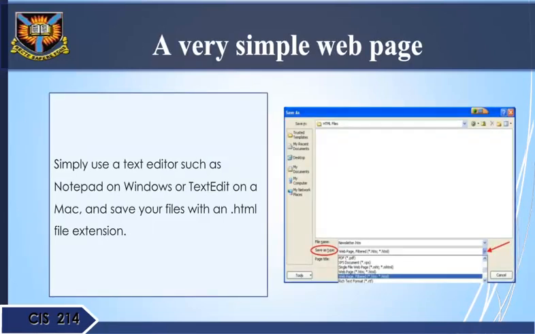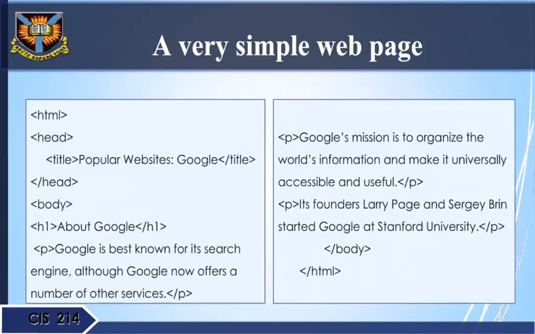A very simple web page. Simply use a text editor such as Notepad on Windows or TextEdit on a Mac and save your files with an HTML file extension. <html> <head> <title>Popular Website: Google</title> </head> <body> <h1>About Google</h1> <p>Google is best known for its search engine, although Google now offers a number of other services.</p> <p>Google's mission is to organize the world's information and make it universally accessible and useful.</p> <p>Its founders, Larry Page and Sergey Brin, started Google at Stanford University.</p> </body> </html>